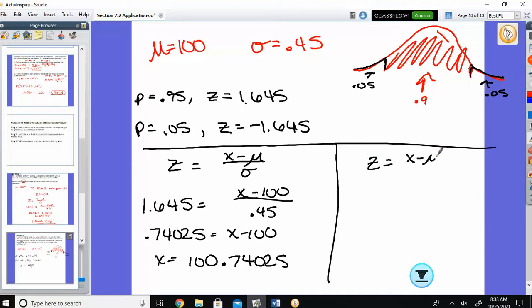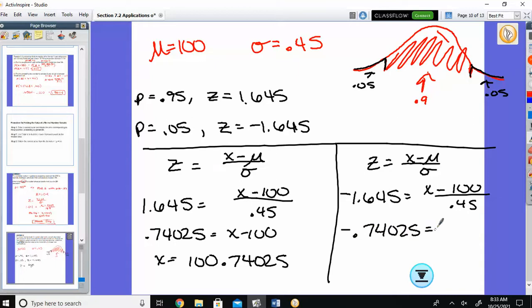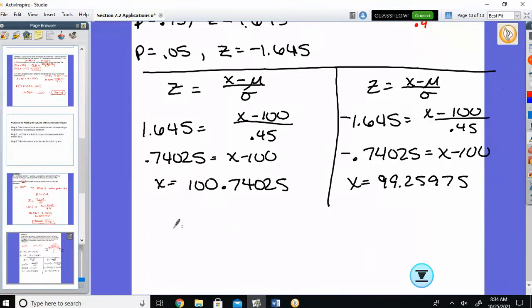For the other one, same thing. So your z was negative 1.645 equals x minus 100 over your 0.45. So multiply that over. Add your 100, and you get 99.25975. So the actual length of the rods, you will accept